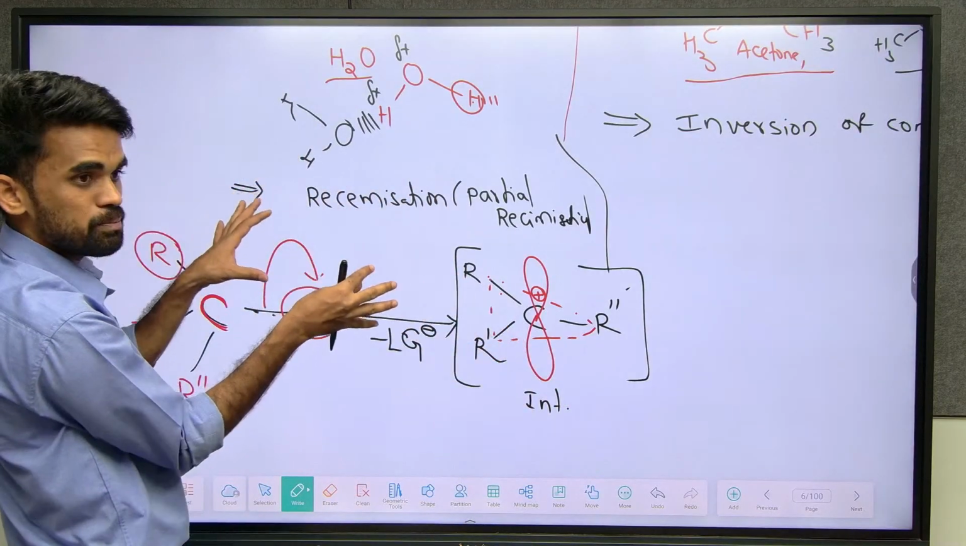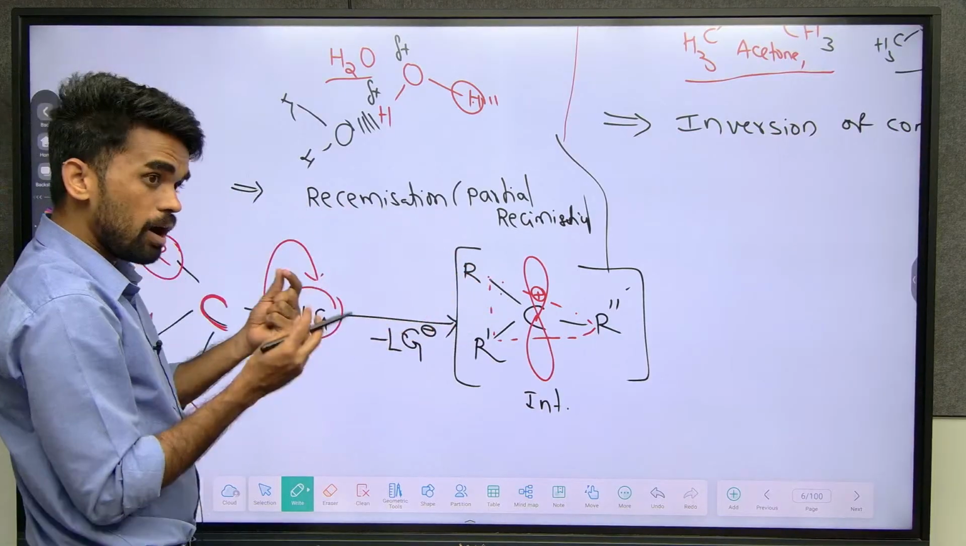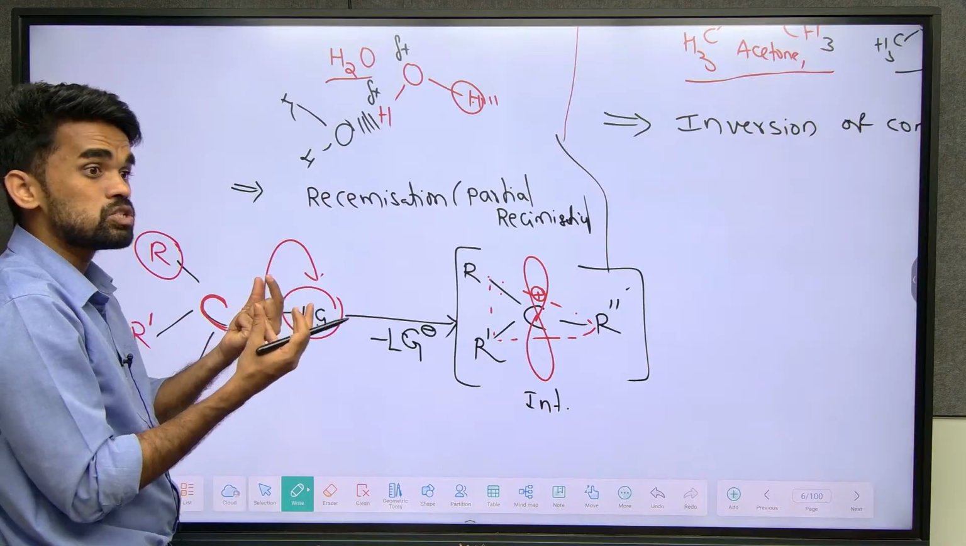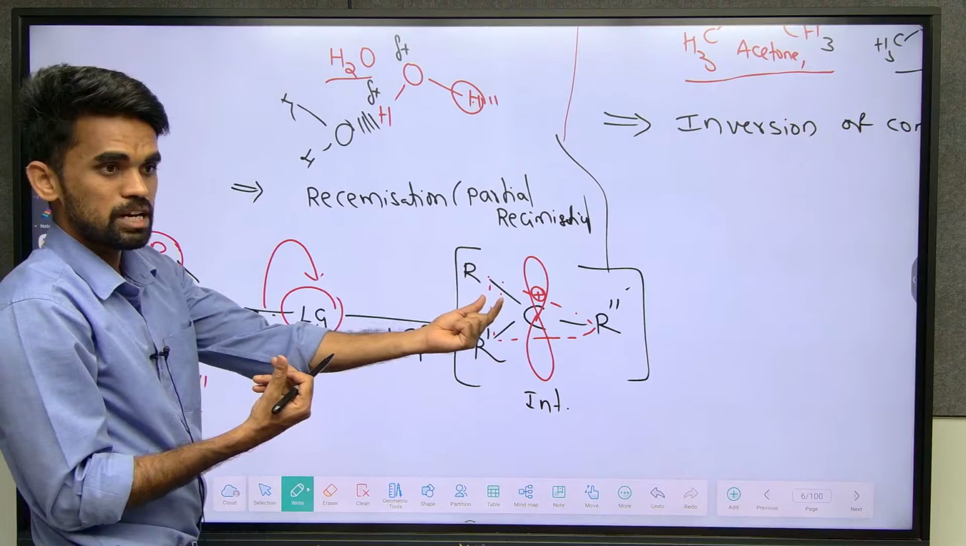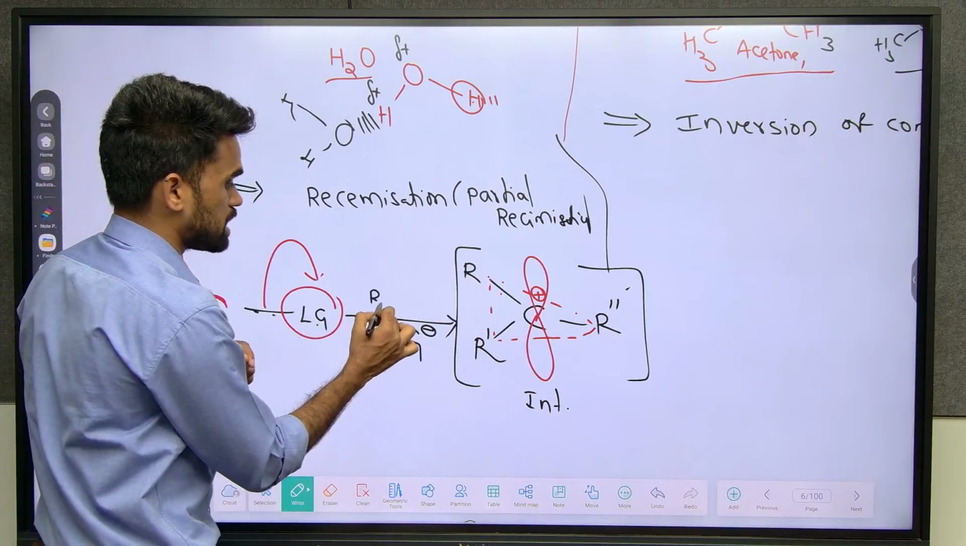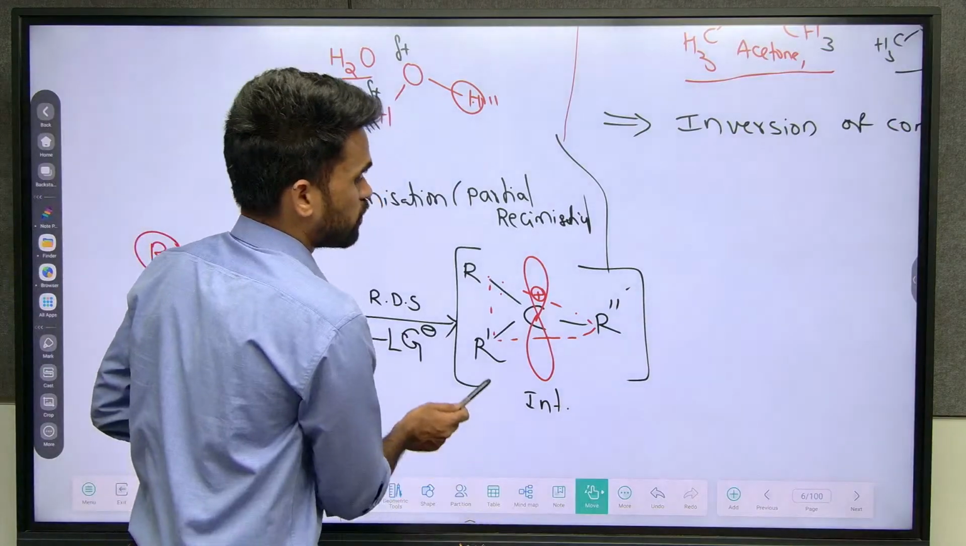This is the main step in the reaction. In SN1 reaction, what is the main step? Instead of saying main step, I should say slowest step. What is the slowest step in SN1 reaction? Intermediate formation. So we are calling this the rate determining step. So after forming this intermediate,